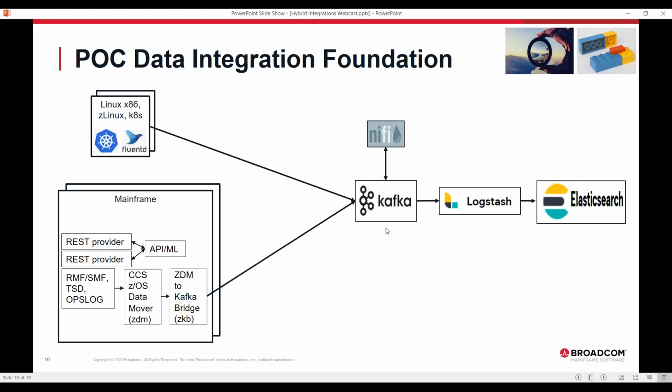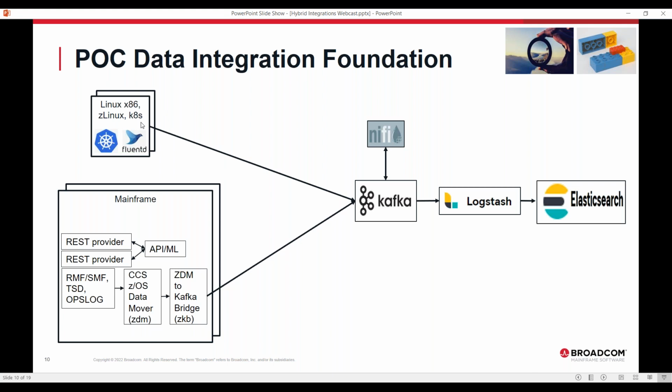In fact, in our test system, we only have a single Kafka node, but clearly you can scale that out, and there are many customers that have scaled that out to handle much more load than we are. So once we have that data in Kafka, we've got the data coming from the mainframe going to Kafka.